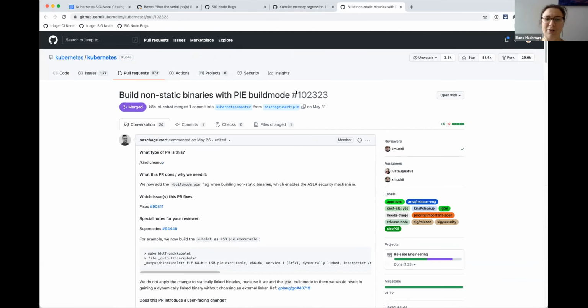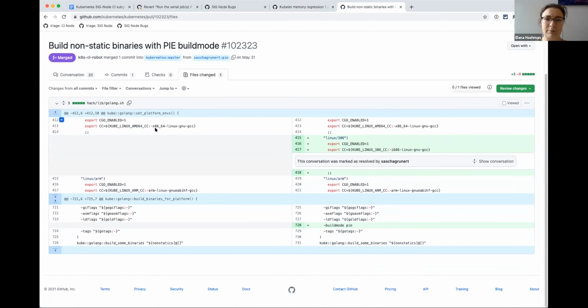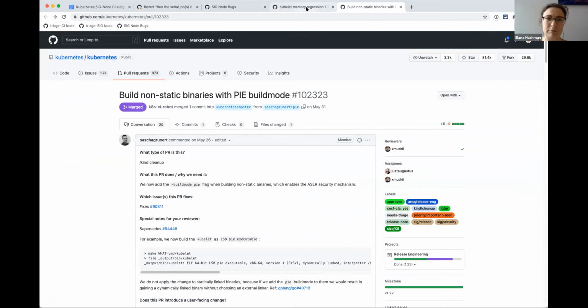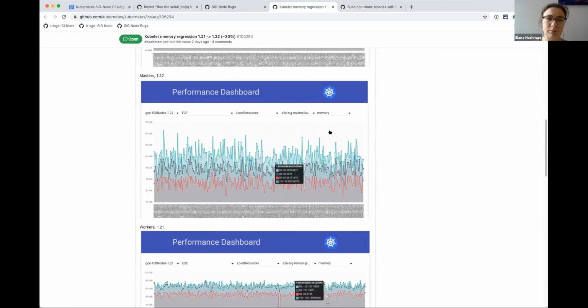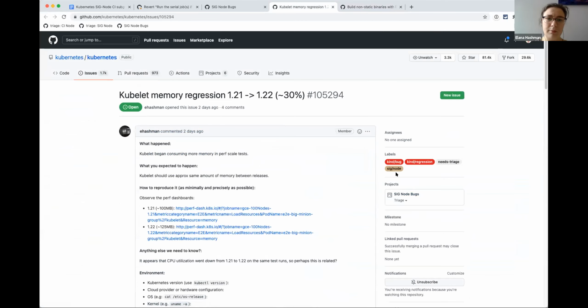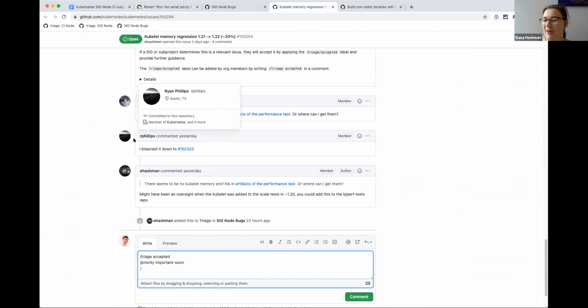But it's not a trivial increase. It's like 30%. Yeah, I wouldn't know. There's no one currently assigned. Ryan at least was helpful enough to figure out when it happened, but I'm not sure what we want to do about it.